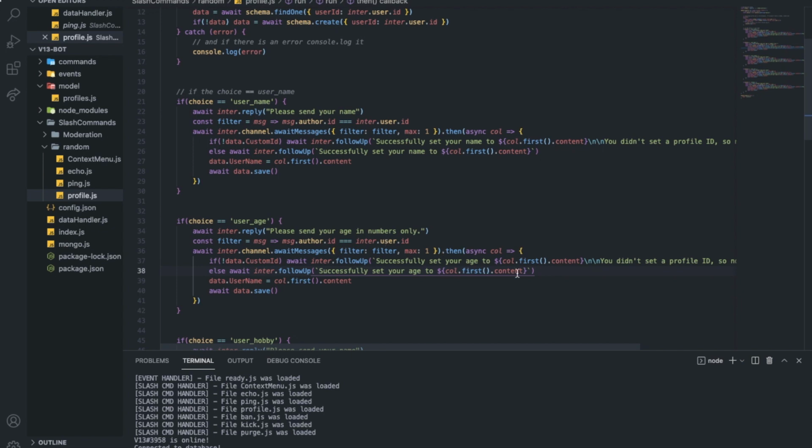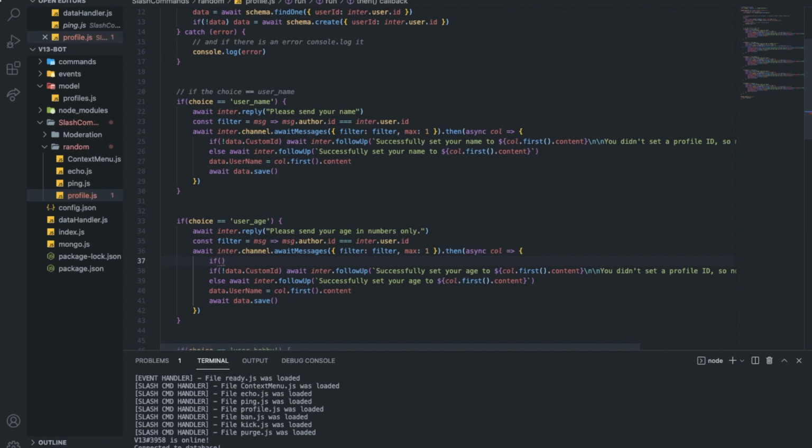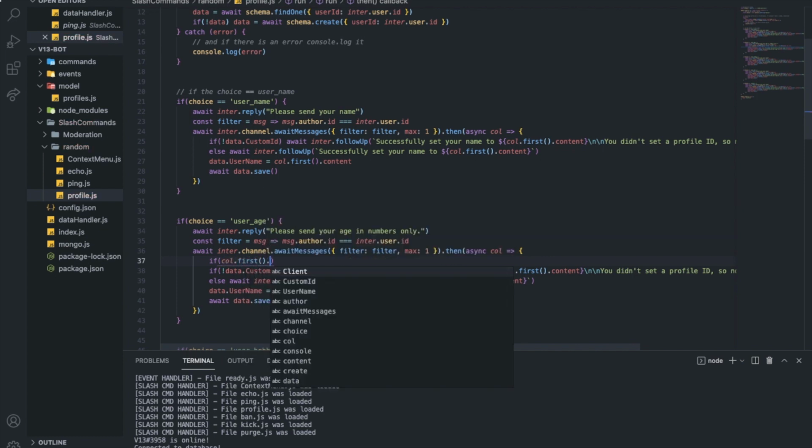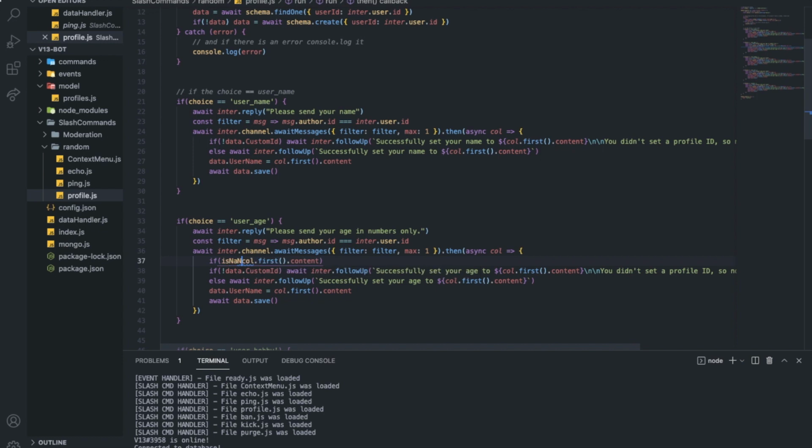But here I want to check if it is a number or not. So I'm gonna say if collection.first dot content, I can say is a number, and then here like that. So if it is not a number, collection first dot content, I want to return